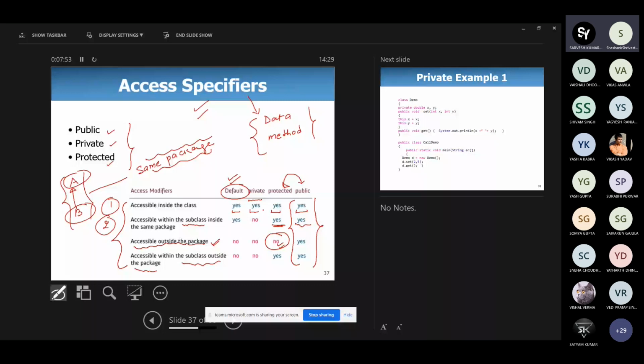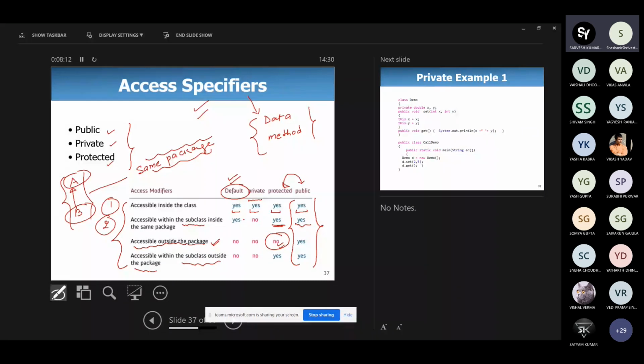Data can be accessed through some public method. And in the public method, you give access to as much data as you want to give. That is fine. So with the help of a public method, you can access that private data. Okay.